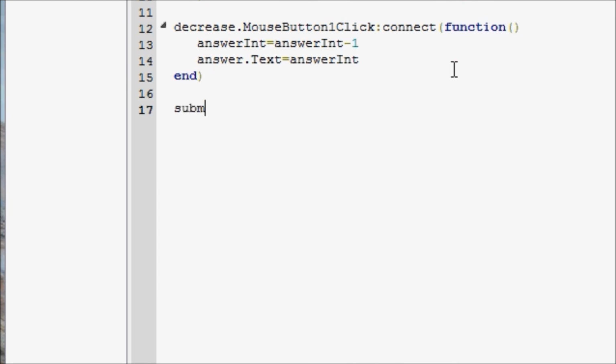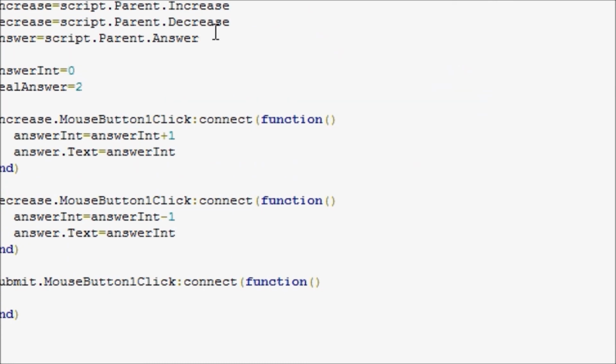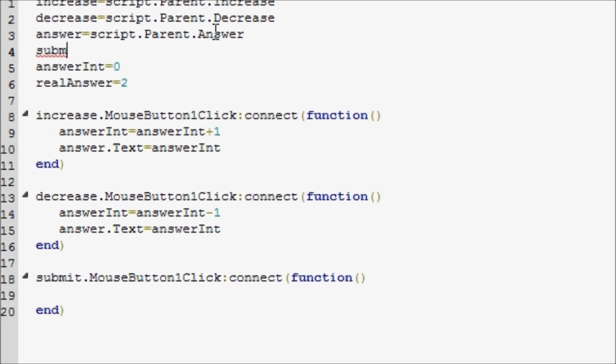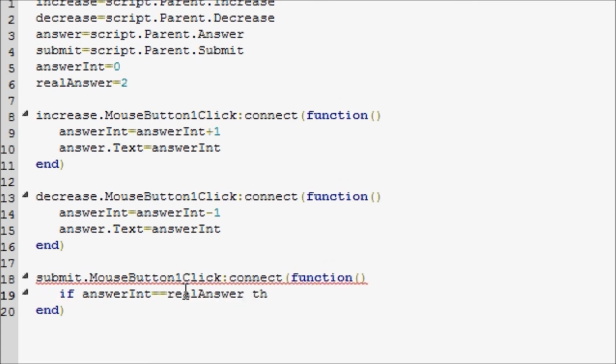Alright, now we can actually get back to our script, and we'll make another, and that'll be submit.MouseButton1Click:connect function, and now we don't have a submit variable, so let's fix that real quick. script.Parent, oops, can't capitalize today, .submit, and if answerInt equals realAnswer, then